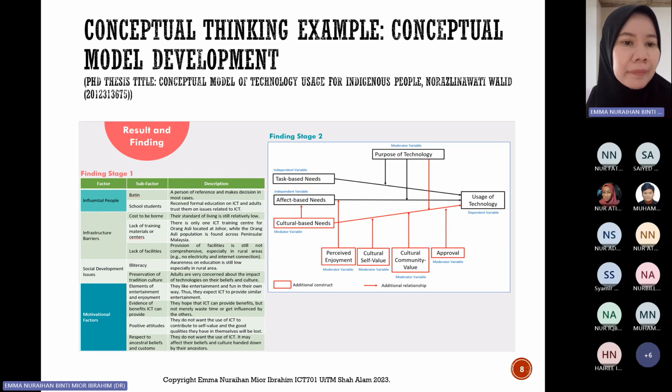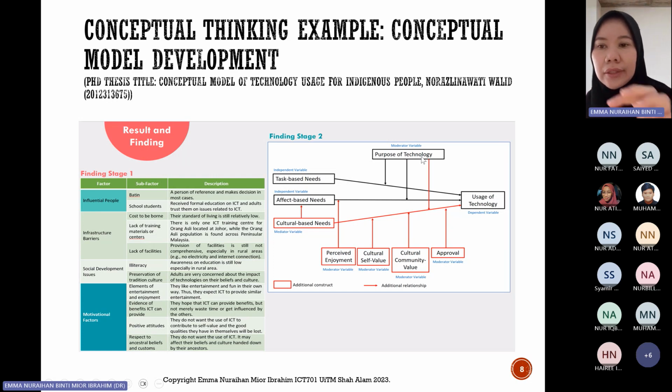Interesting, isn't it? So she found out, based on the preliminary survey and the interview with the indigenous group, inilah faktor yang menyebabkan whether they adopt technology or they reject technology. Contohnya. Okay, so finding stage 2 adalah, based on this problem situation, she's trying to come up with a